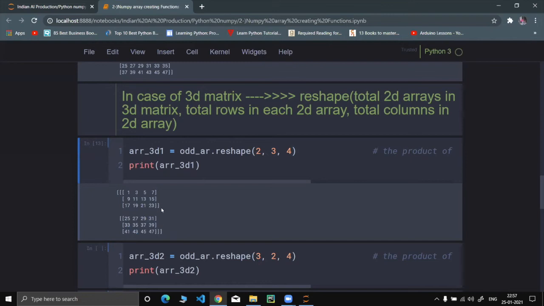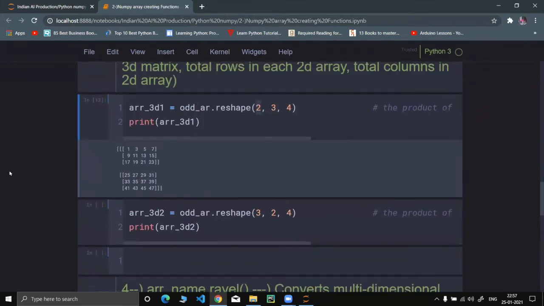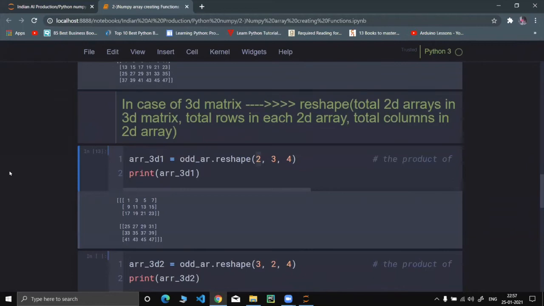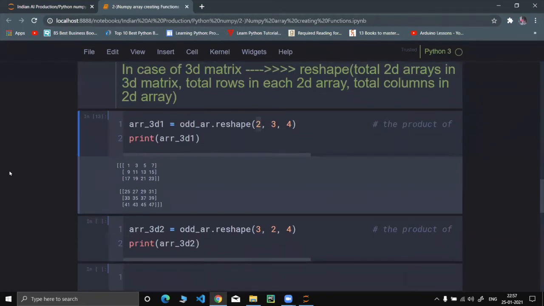In that 3D matrix, we have a first array and a second array. In each array, in the first array we have 3 rows, 1 2 3, which is defined over here, and 4 columns, which is defined over here, 1 2 3 4. It's the same thing for the second. So what we can keep in mind is this is the shape of each array and this is the number of arrays. Is it clear, guys? Yeah, clear. Okay.